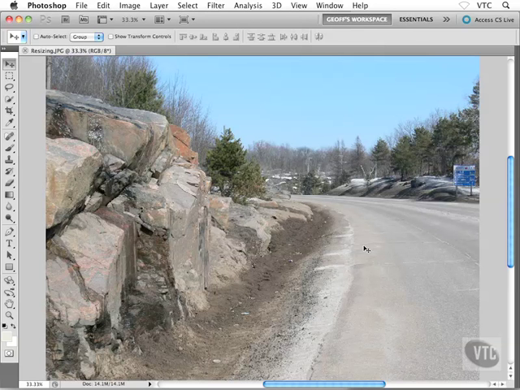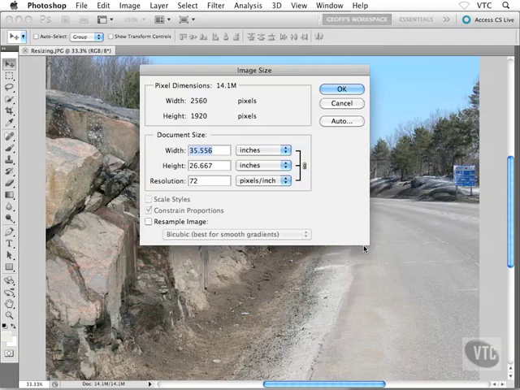Do you remember your keyboard shortcut for getting into the Image Size dialog box? On the Windows side it was Control-Alt-I, or myself here on the Mac, it's Command-Option-I, right? So head into the Image Size dialog box, and just for the time being, make sure that Resample Image is turned off. And let's have a look at what we're actually dealing with here. I want to talk about the pixel dimensions just for a second. So this image is 2,560 pixels in width by